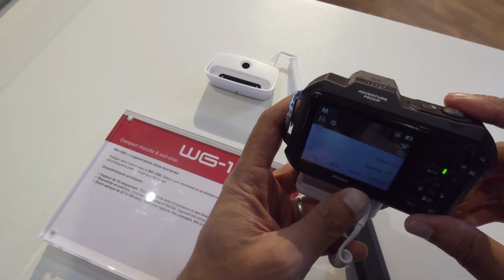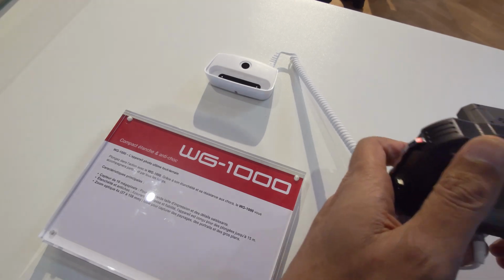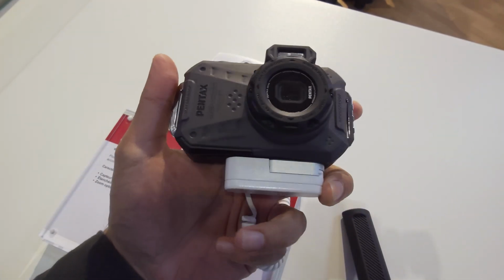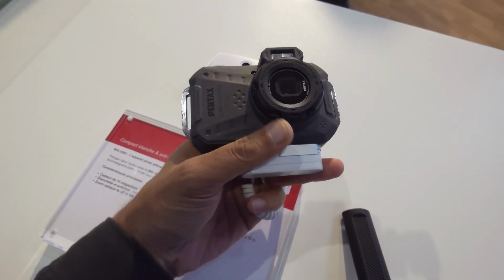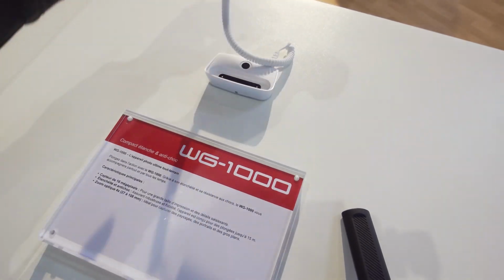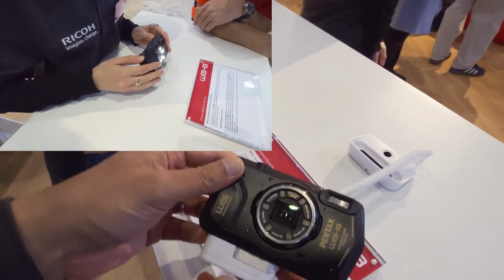So if any of you out there are kite surfers or whatever, and you just want to try something else rather than a GoPro, maybe this could be a good alternative. I don't know how good this would be to really film underwater, but it can do it. So it could be an interesting appeal, and